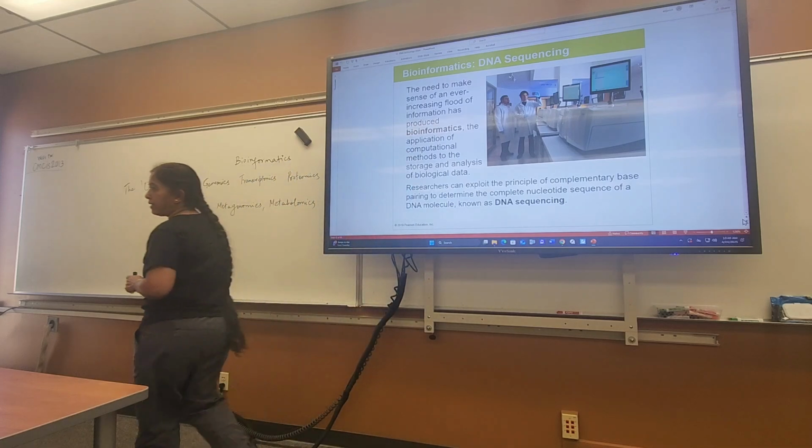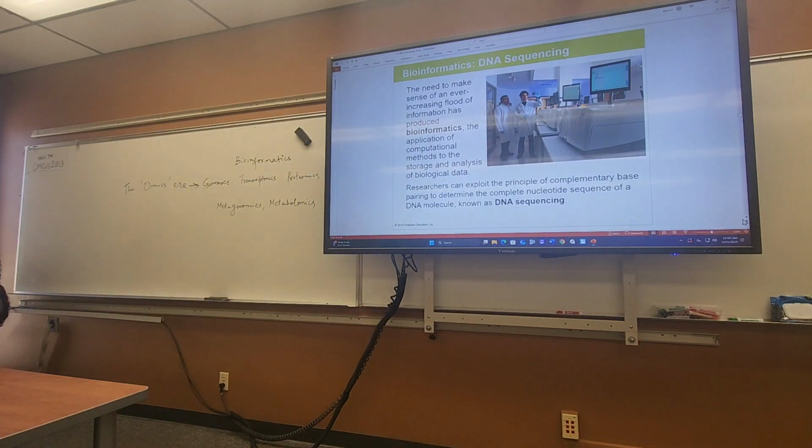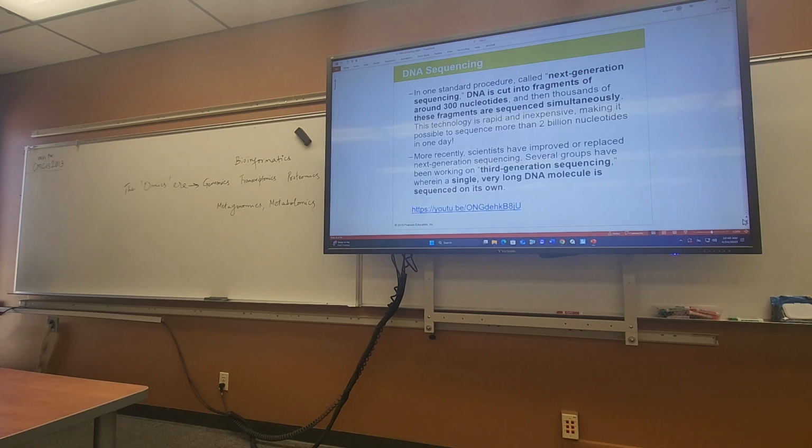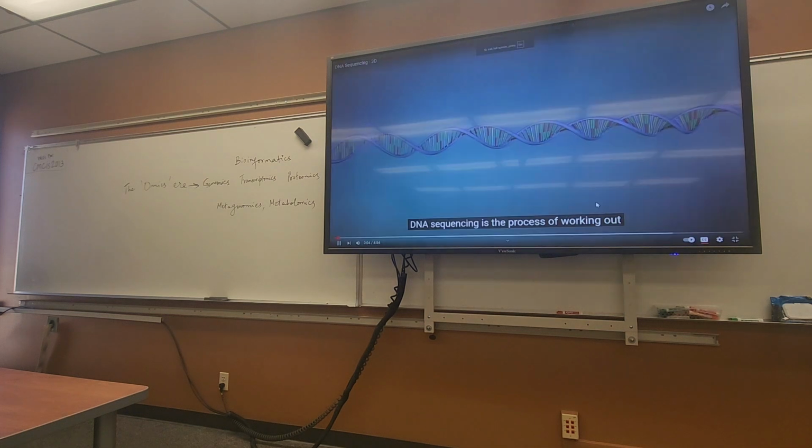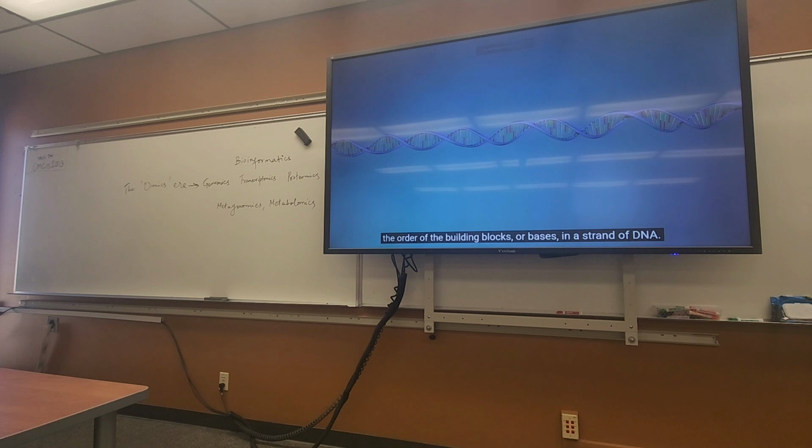Experiments and understand and analyze those things. So one of the most common things that is used in high throughput data generation is DNA sequencing. So let's see what happens in DNA sequencing. DNA sequencing is the process of working out the order of the building blocks or bases in a strand of